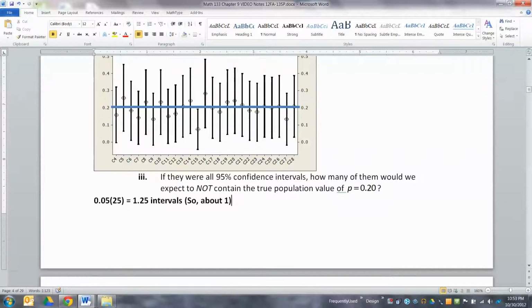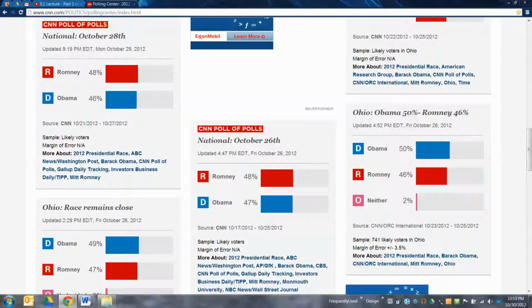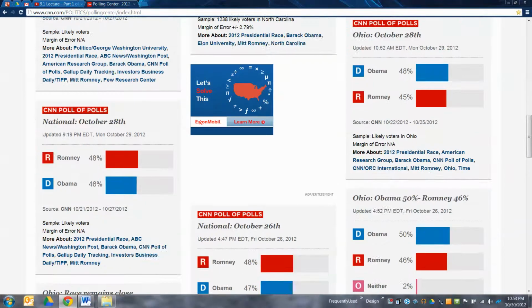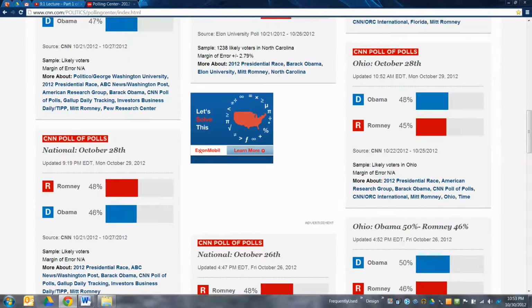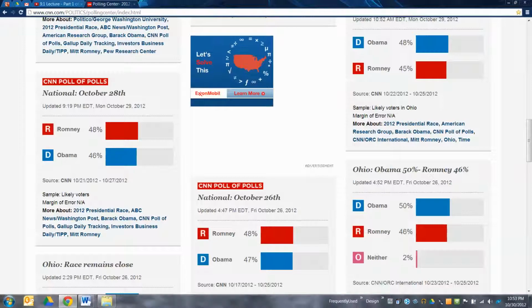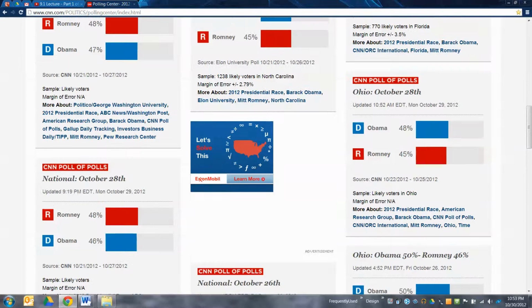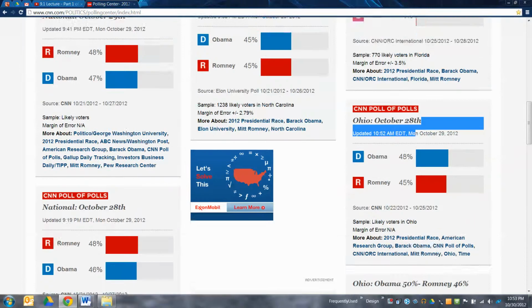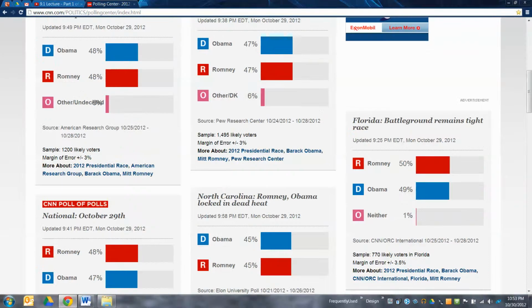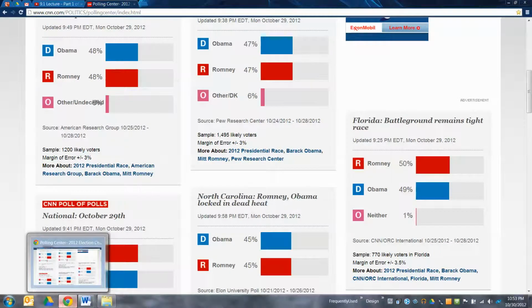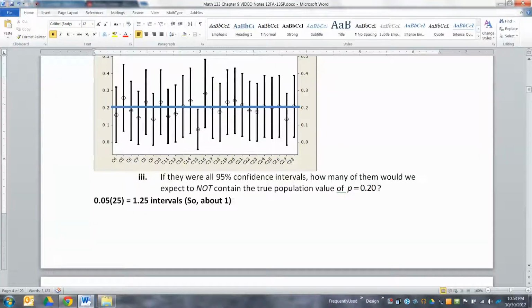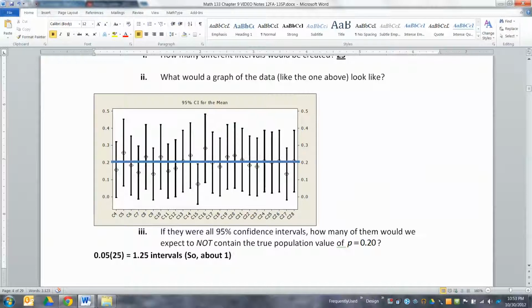And when you're looking at CNN or Fox News or NPR or whatever, pick a news site, when they're polling and they're showing these numbers, you don't know which poll it was, right? Look, they did Ohio here on the 26th of October. They did Ohio on the 29th of October. You don't know whether it's really changing or whether they're just getting different samples. Statisticians call it the noise, so you get all this kind of up and downness,